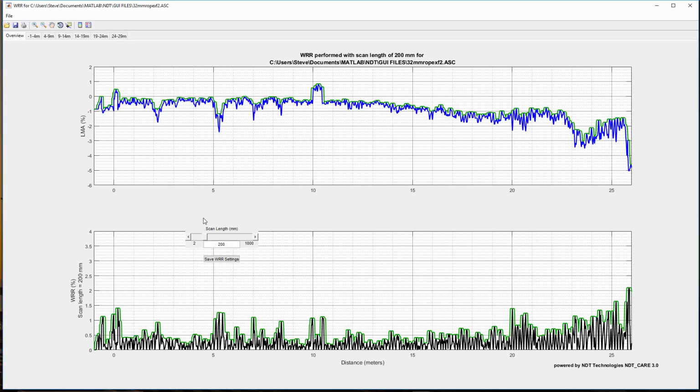Note in the middle of the graph is a slider which refers to scan length in units of millimeters. This is the same scan length width that we had entered previously. Note the 200. The slider allows us to go to roughly 1/100th all the way to roughly 5 times the scan length that we had previously entered. Please note that this slider tool is currently under development and that we encourage you to discuss the use of